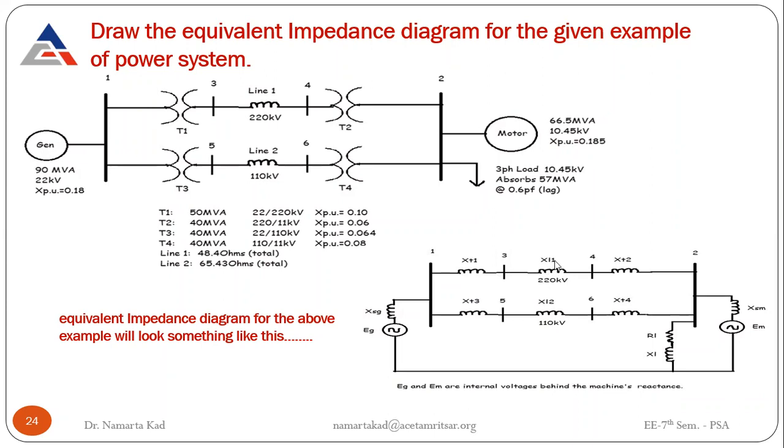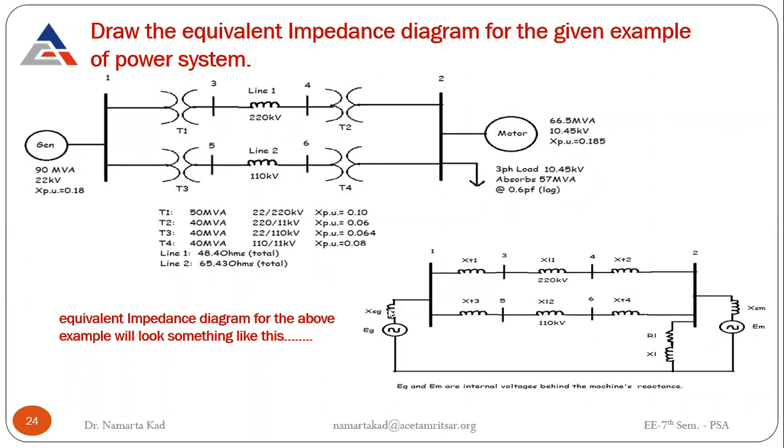L1 means transmission line 1 that works on 220 kV. And similarly XL2, transmission line 2, XT2, transformer 2, T4, transformer 4. This is the second bus. And here is the motor representation on the reactance diagram, X in series with the voltage source, and one three-phase load with resistance and reactance. So in this way, we got the answer.